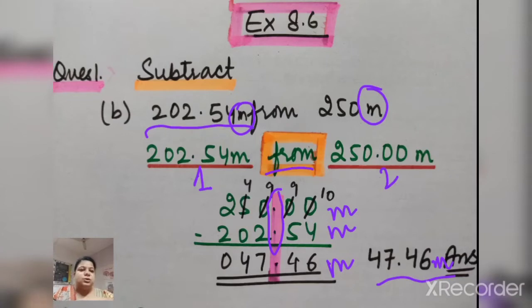So the main thing you need to check here is where you have to subtract the first number from the second number. So the second number you have to write on the top, and below that you will write down the first number. And the second thing is decimal should be below the decimal. You can check here also, we have written decimal in one line only. You have to set the numbers accordingly, right?